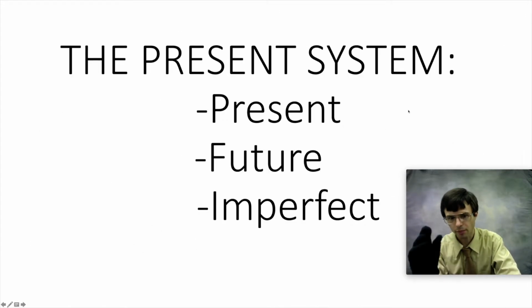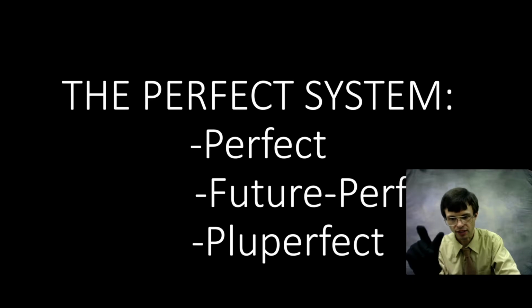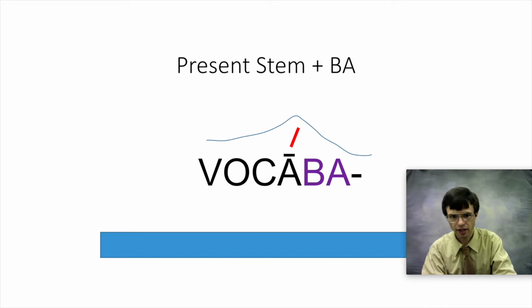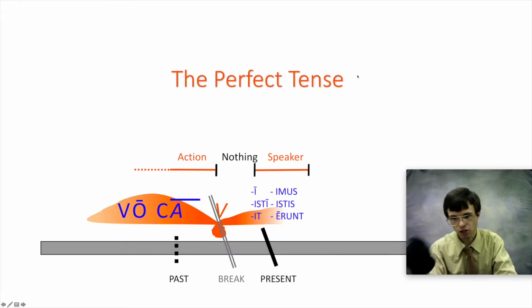So now we've had the present system with all its three tenses, and we've gotten two of the perfect system's tenses. And again, this perfect system derives from the perfect stem, vocav, with a V on the end. All right, so then how do you express this? Well, you've already got a good idea. Remember, in the present system, the tenses had a hump, vocaba, vocabe, whereas in the perfect system, they had a curly Q or a dip, vocavi, vocavimus, or